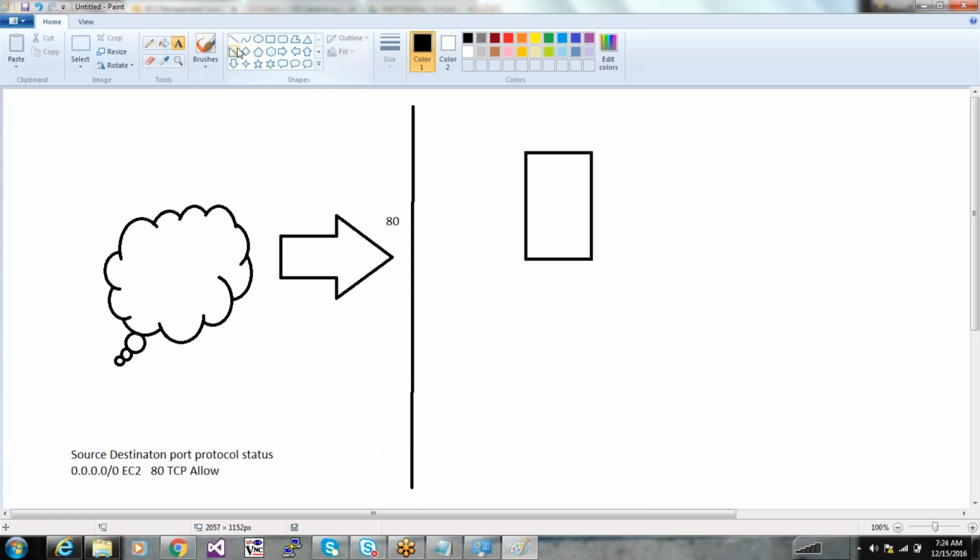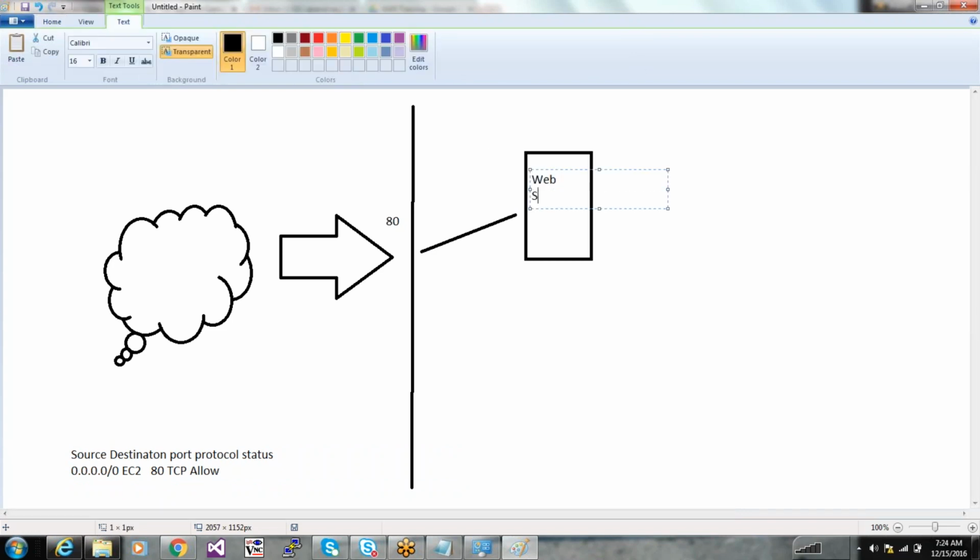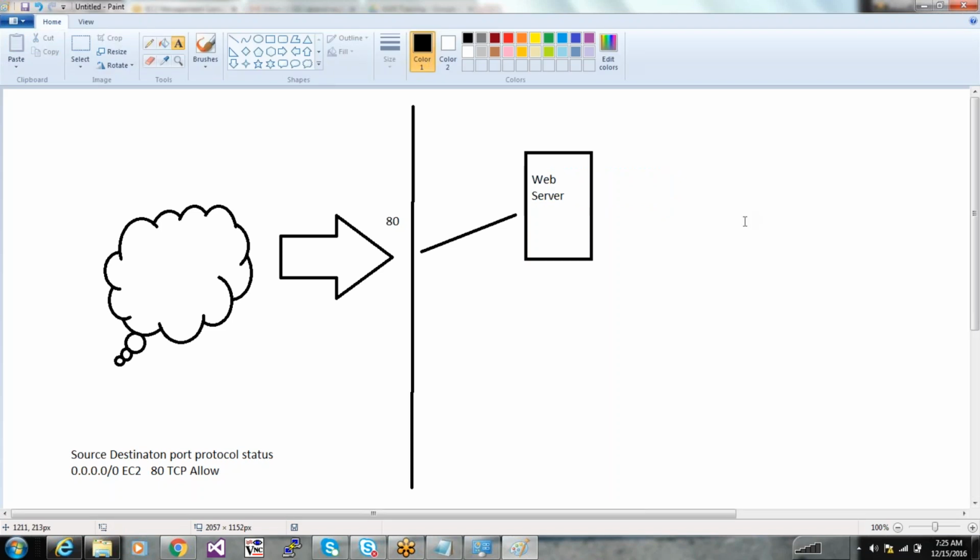So if you're hosting your website on only one server, then the traffic will be hitting, let's say that's a web server. I'm going to write it here. So the traffic is going to the web server. That vertical line is a firewall. So from the internet, you are accessing your web server, right? So one fine day, there's a sale going on and there's a lot of traffic getting into your web server. So this web server will not be able to handle all of that load.